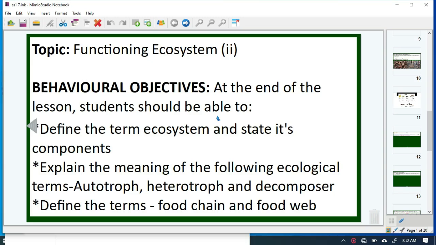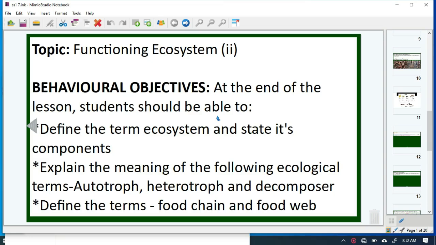Summary of our previous lesson. An ecosystem is a self-sustaining unit made up of living and non-living things interacting and affecting one another. The living things make up the biotic components of the ecosystem, while the non-living things make up the abiotic component